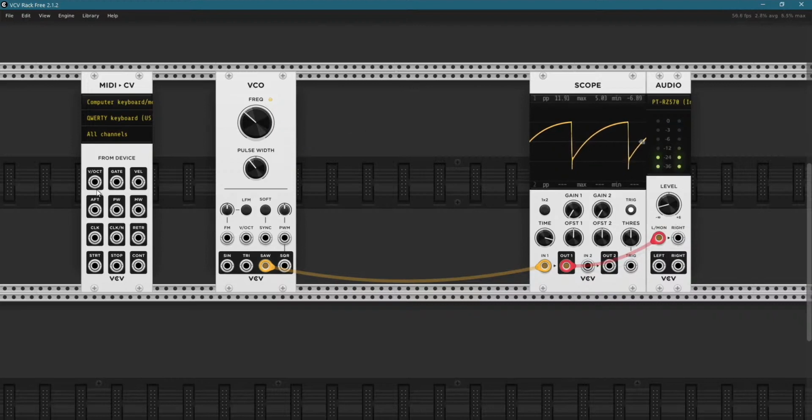So the first little bit of control voltage I'm going to do is this V oct. So basically controlling pitch in Eurorack or in VCV Rack. There's a standard called volts per octave. So that means that if you're at 1 volt, you're at, you know, your first octave. 2 volts, you're at the second octave. And then everything's kind of relative to there. So you'll see if I initialize this, you'll see it says